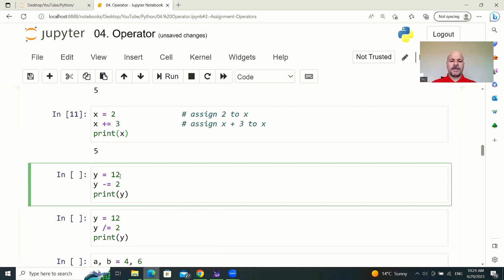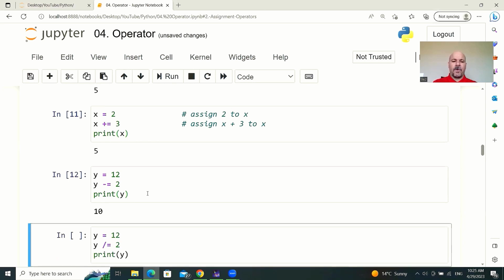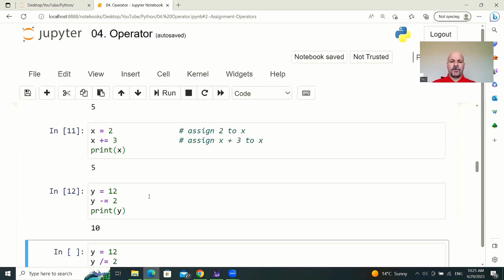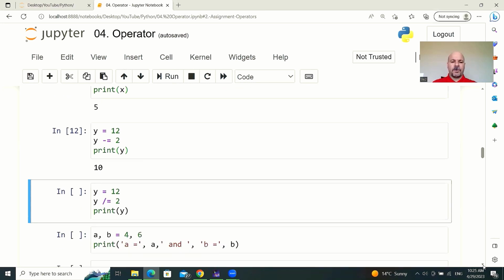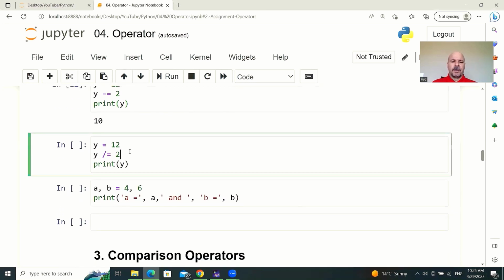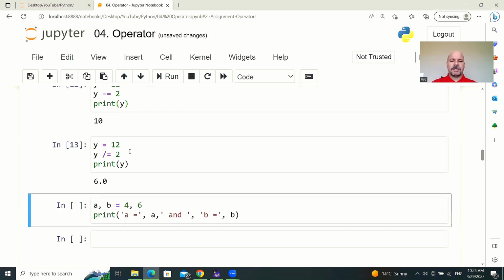For example, when y is equal to 12, that is the 12 we assign to y, and we write y minus equal 2, which means subtract 2 from the value of y. And when we subtract 2 from 12, we get 10. The same for division. Set y equal to 12 and divide by 2, we should get 6,